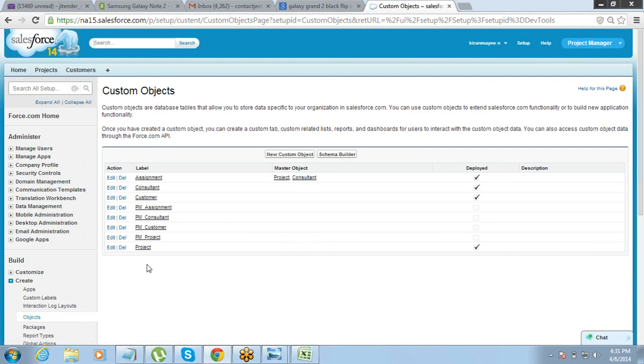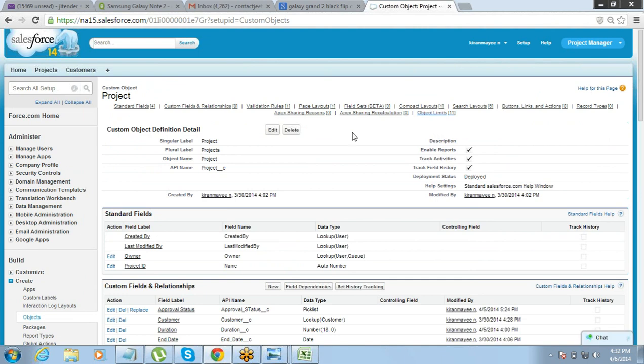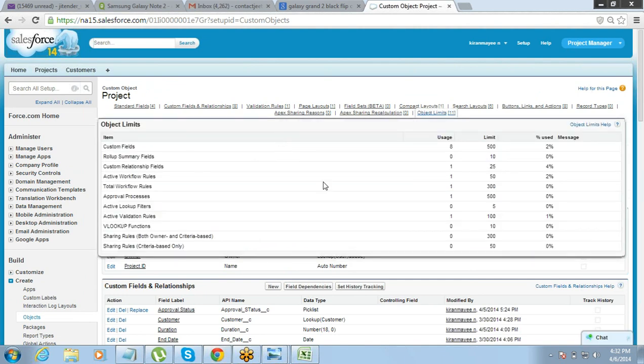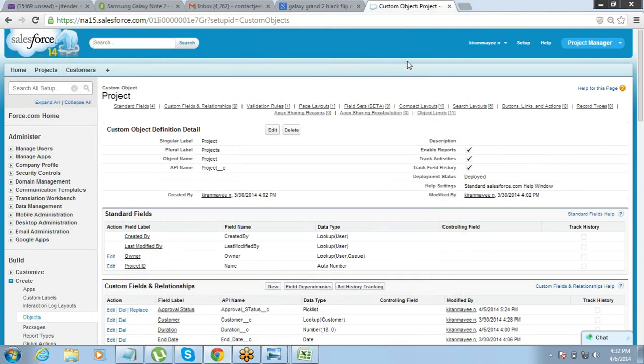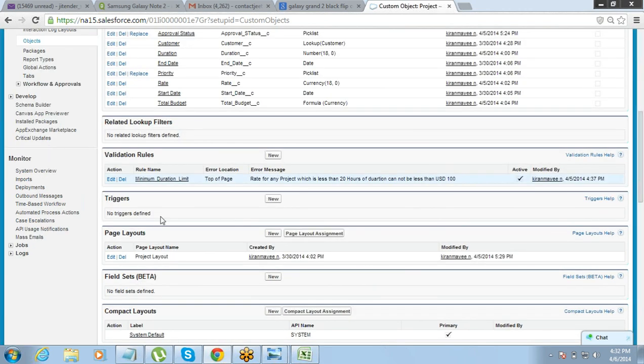We are talking about project object, so we'll just go to project object there. On the project object, if you scroll down a little, you will see page layouts.